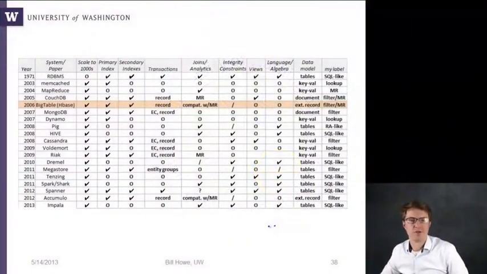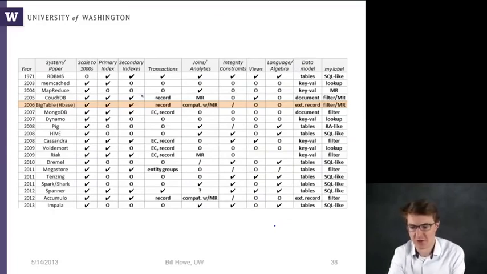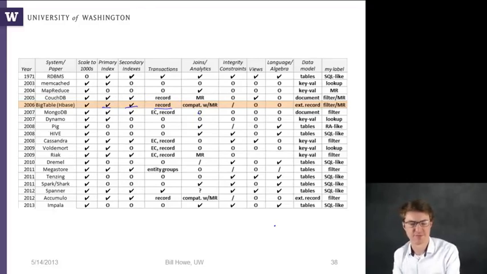Okay, so the third influential system that Rick mentioned in the paper is BigTable from Google, which is a paper from 2006. And so here we're looking at primary index lookup, secondary index lookup. Transactions are also at the scale of an individual record. Joins and analytics are not supported by BigTable directly, but in HBase, which is the open source implementation of it,